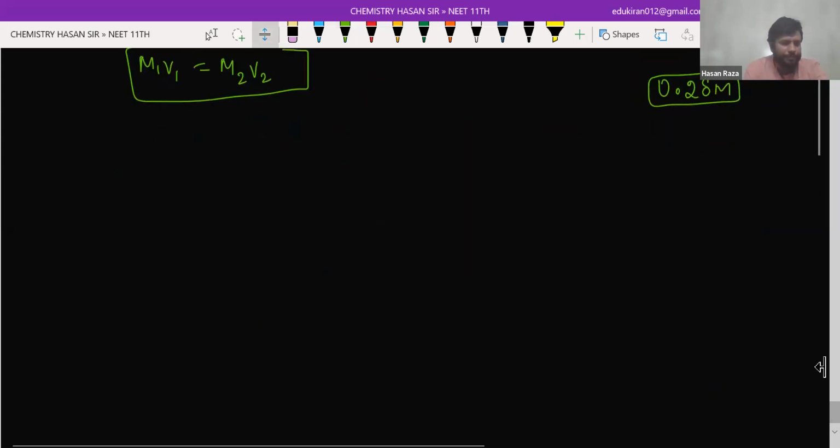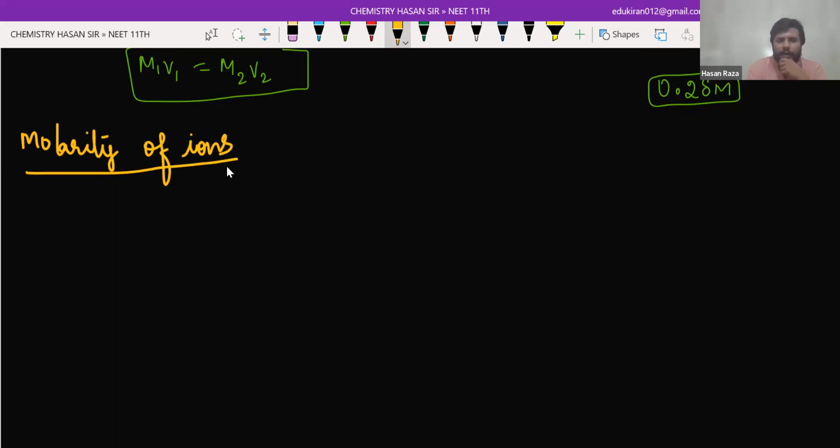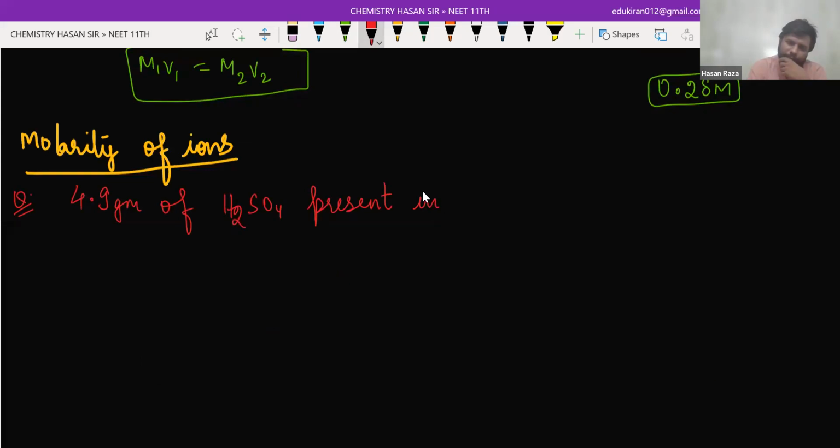See, if I'm going to ask you how we calculate molarity of ions, this is another topic to calculate: molarity of ions. So I'm going to explain this concept with the help of a question. Let's say you have 4.9 gram of H2SO4 present in, let's say, 250 centimeter cube of solution,